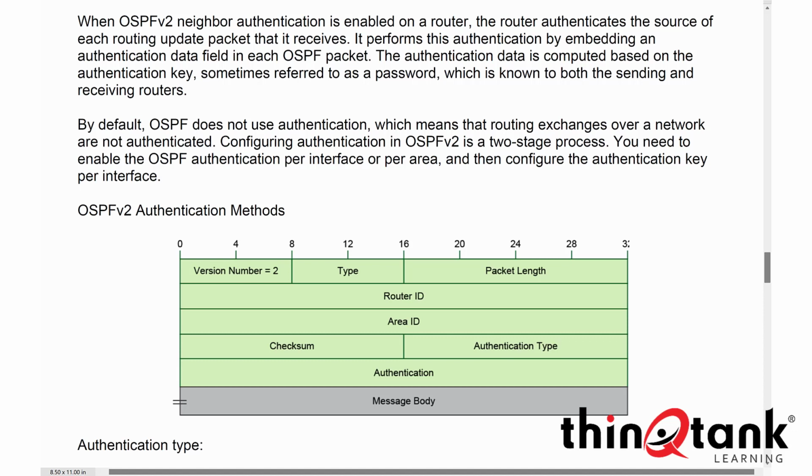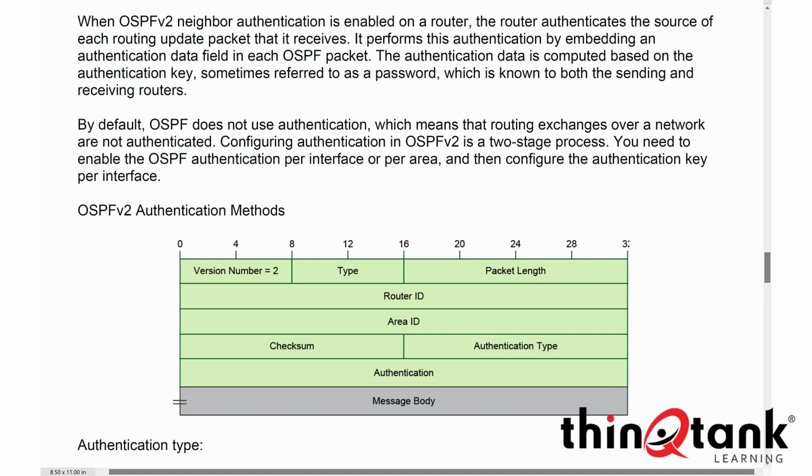So we've got our header, and the authentication type would indicate the authentication method that we're using. A 0 would indicate no authentication, a 1 would indicate plain text authentication, and a 2 would indicate message digest authentication. And then that 32-bit authentication body, the last field in that green section, would actually contain the authentication